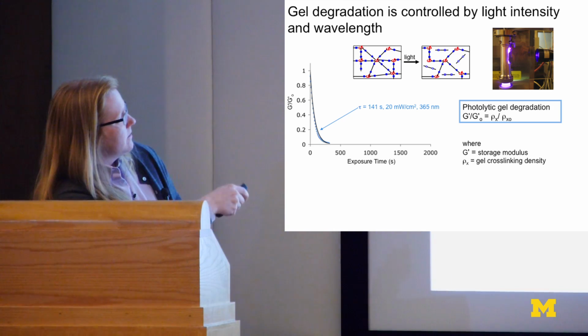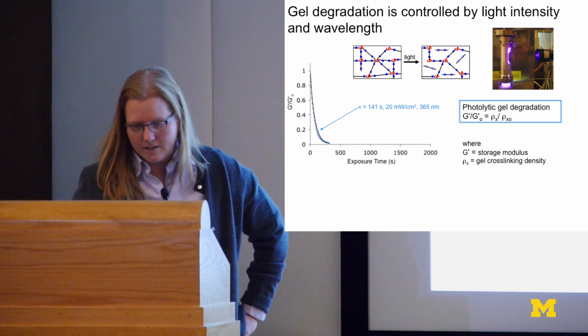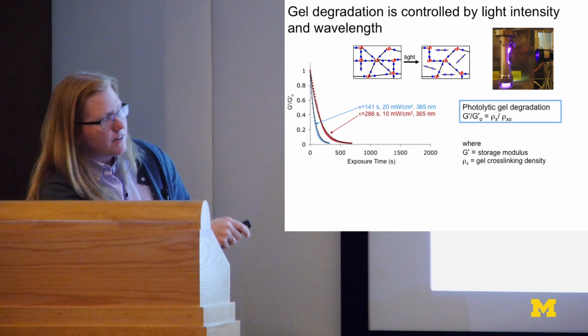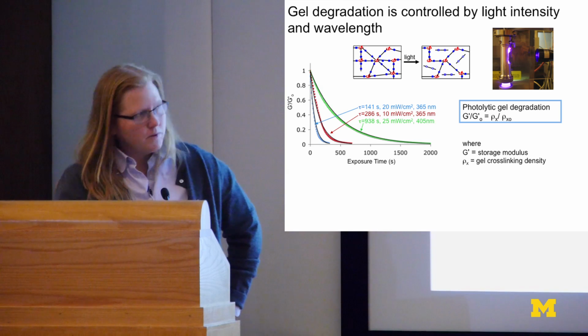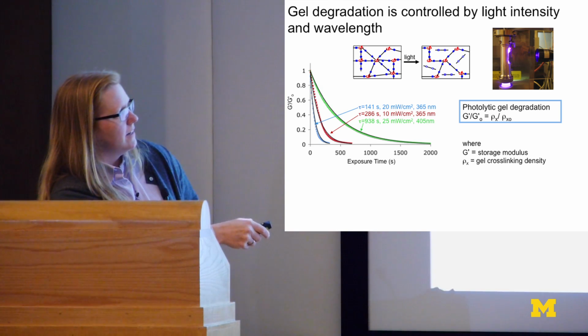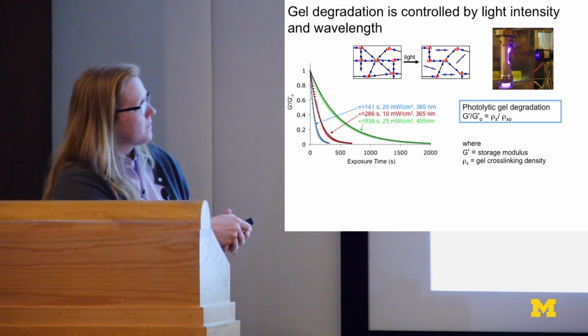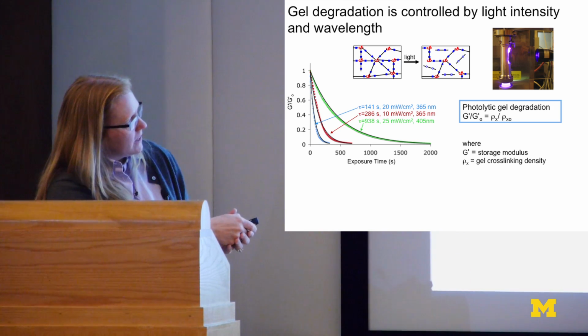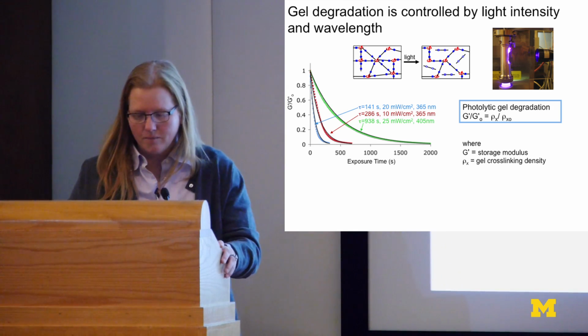And we can fit that to an exponential fit, get a time constant of about 140 seconds. And when we halve the light intensity, we double the time constant. And when we change the wavelength of the light to 405 nanometer light, the molecule absorbs that light differently. And we see a shift in the time constant that basically scales with the absorbance of the molecule at those